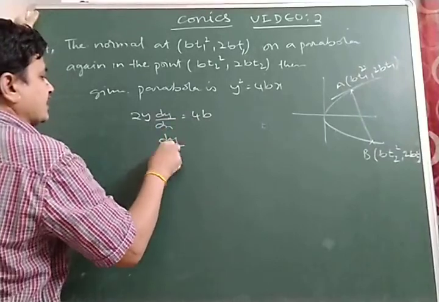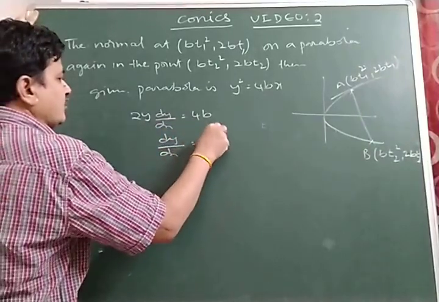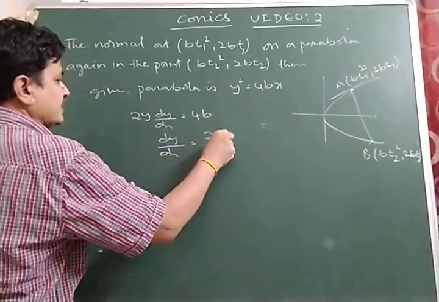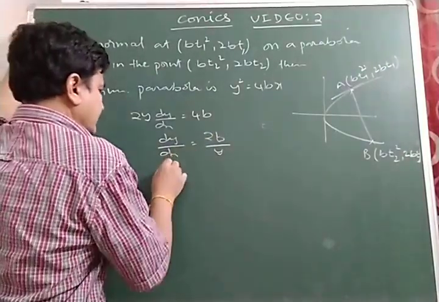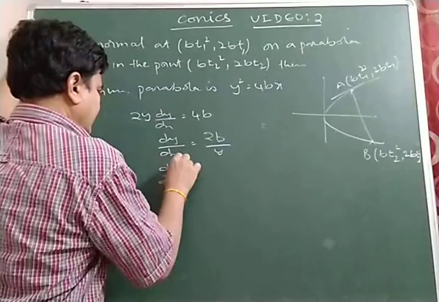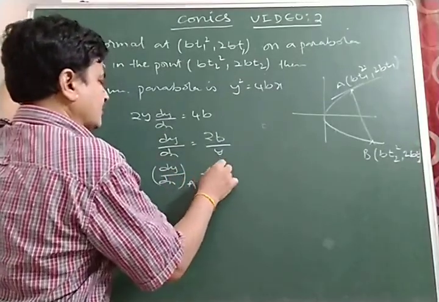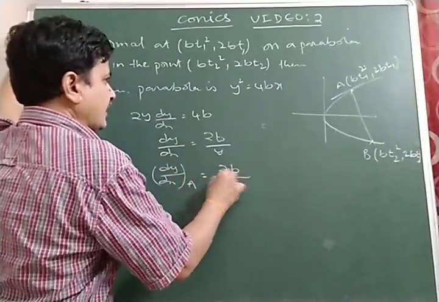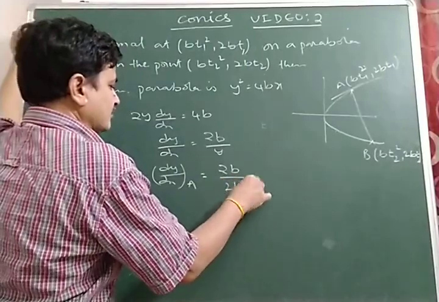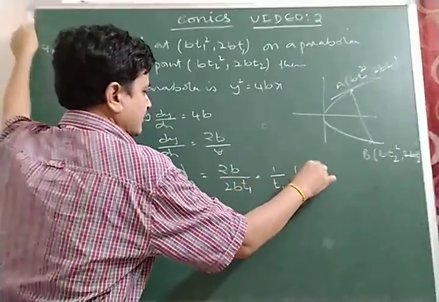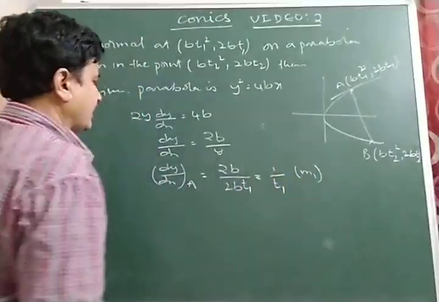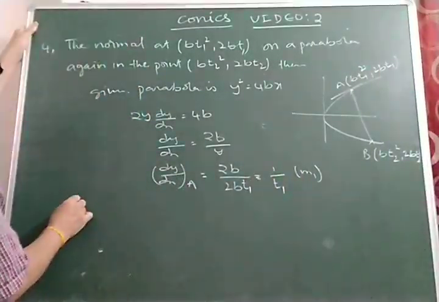So dy by dx is equal to 2b by y. At the given point A, the slope is dy by dx at A is equal to 2b by 2bt1, that is equal to 1 by t1. Say it is m1, the slope of the tangent. Now the slope of